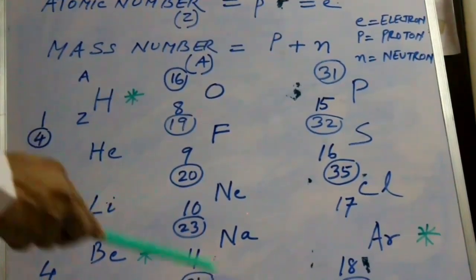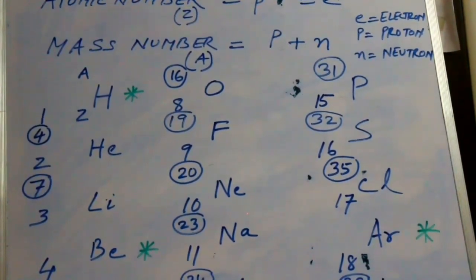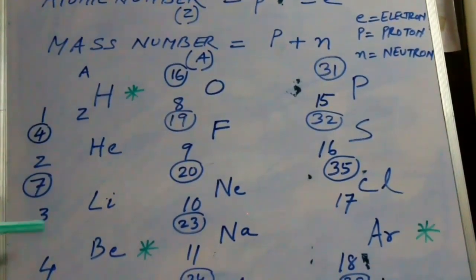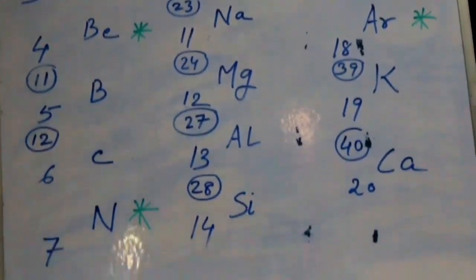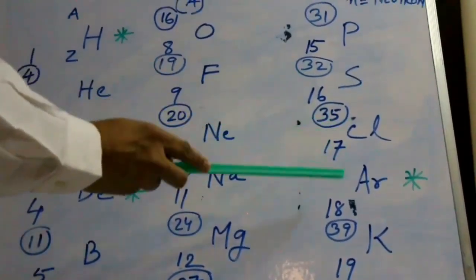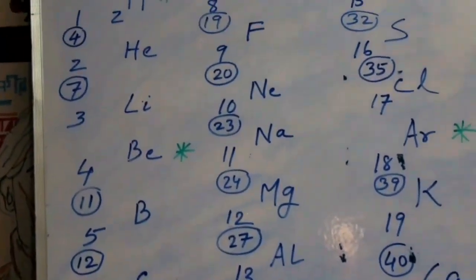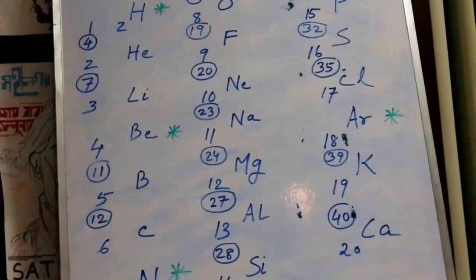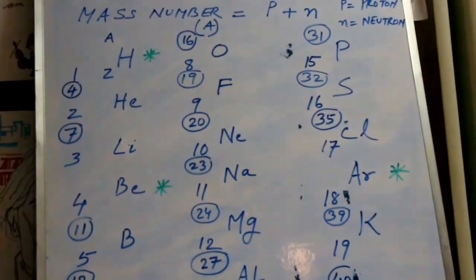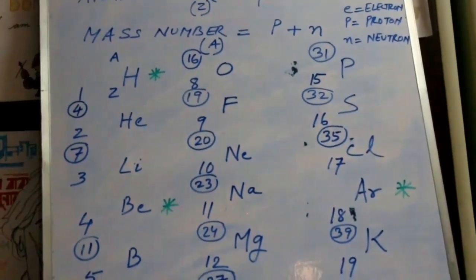Now here we have all the elements, the symbols are there, starting from H, that means hydrogen, to Ca, that is calcium, from 1 to 20. Now here we have the atomic numbers 1, 2, 3, 4, 5, 6, 7, 8, 9, 10, 11, 12, 13, 14, 15, 16, 17, 18, 19 and 20. Now, there's a very simple formula. In case of atomic number, when it's even, that means 2, 4, 6, 8, like that, there are some exceptions.